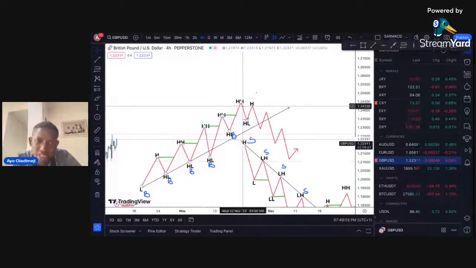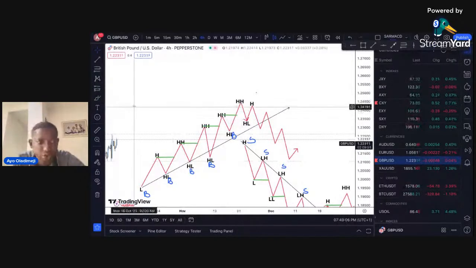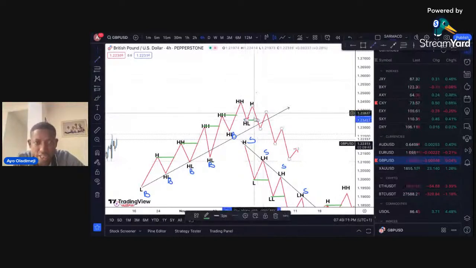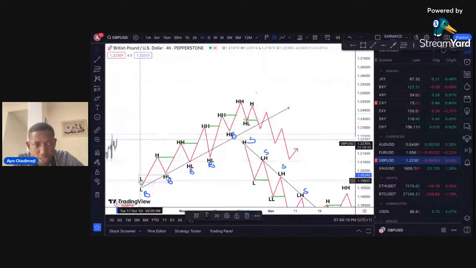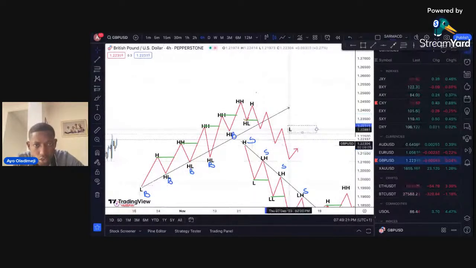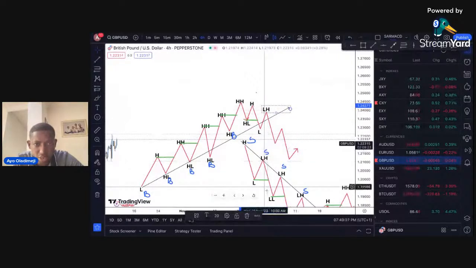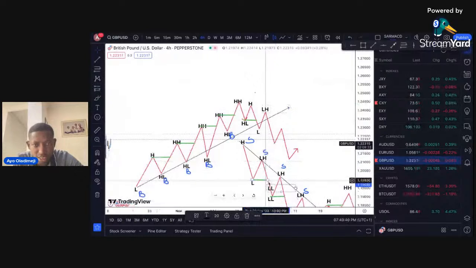But for the change in the trend to be confirmed, there has to be a break of this higher low here. Okay, now finally price comes and breaks this higher low, and then it gives us a low, right? Because we no longer have a higher low, we now have a low. So we have a low here, and then it goes up and gives us a lower high, and then the lower high gives us the impulse move that creates a lower low, and then you can see that the downtrend has continued. Okay, so that's the way it is, guys.